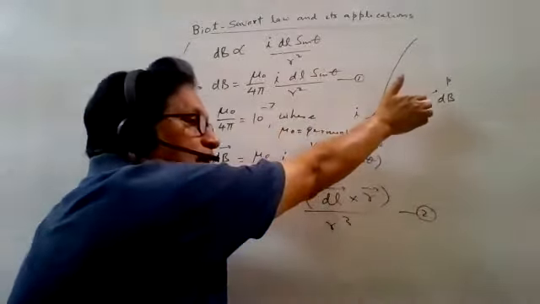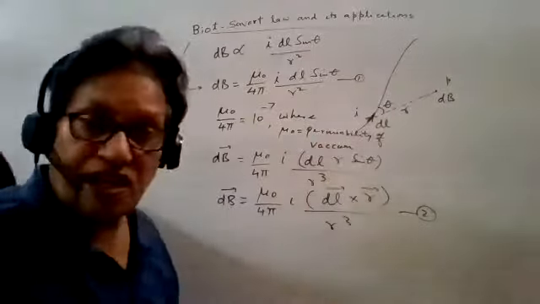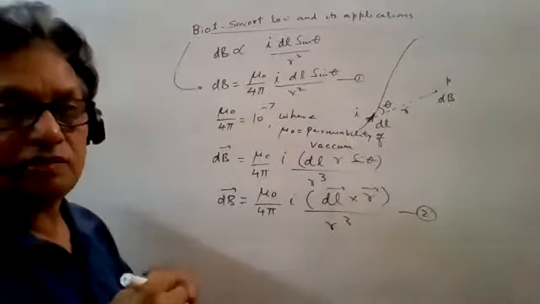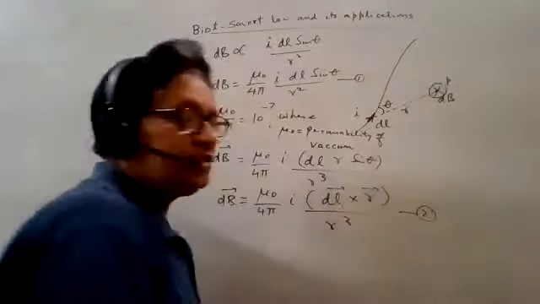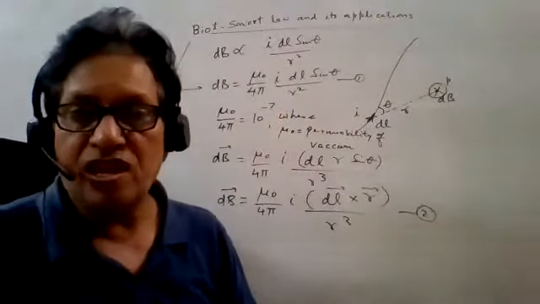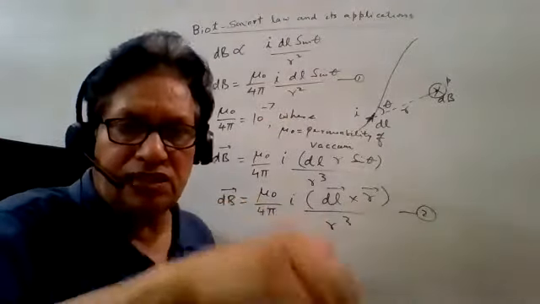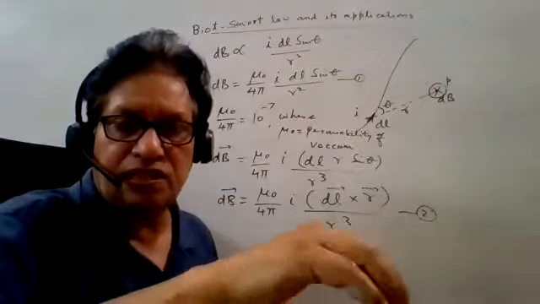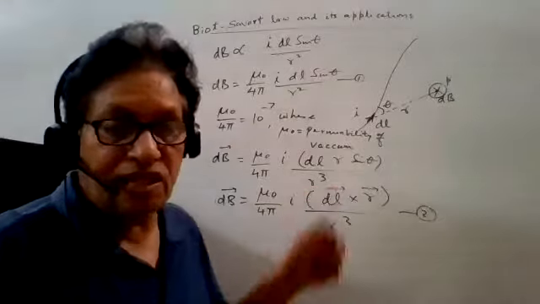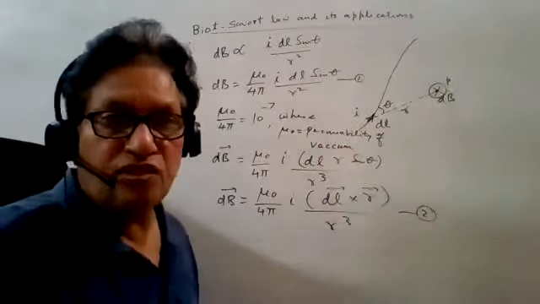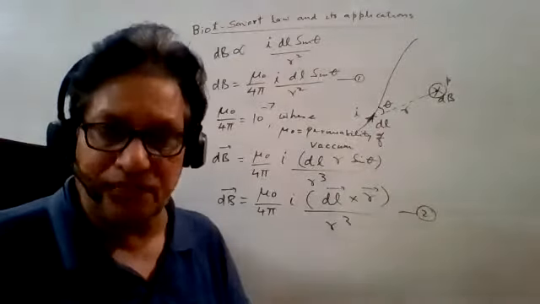If you draw the tangent, the tangent is going into the board. It means here at point P, the direction of this magnetic field is cross. Cross means going into the board. If you are using paper, it will be going into the paper or into the book or into the register, whatever it is. But here, into the board. You can easily find out the direction of magnetic field at point P.